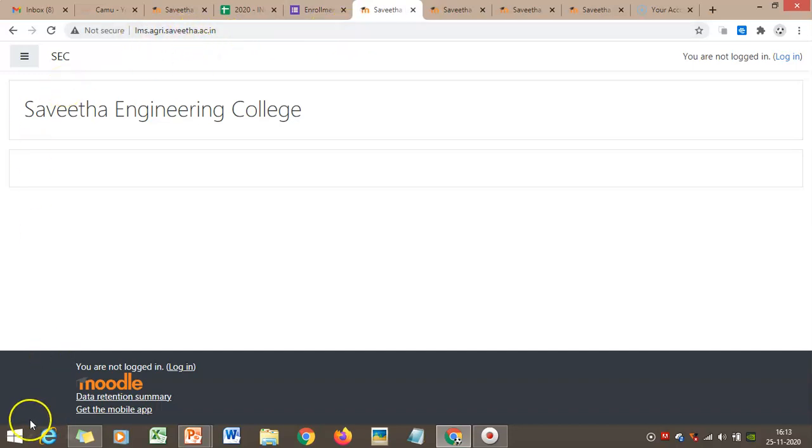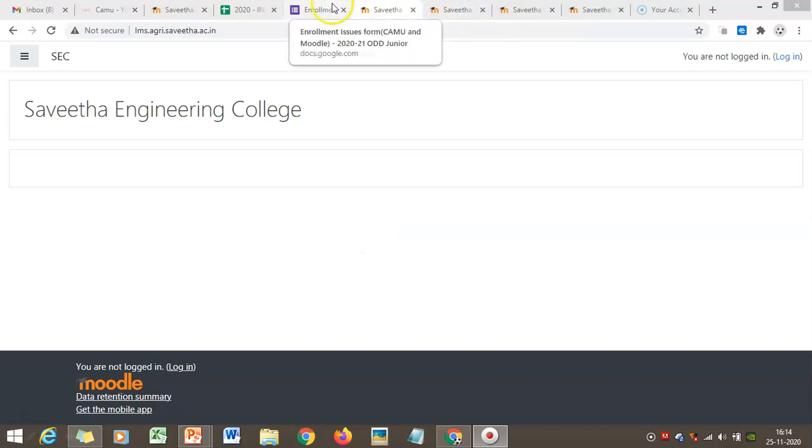The login credentials, that is user ID and password, have been shared with the student to their registered email ID. If any of you did not receive them, or have issues like CAMU password not received or not accepting, or issues in the enrollment process like a course not being selectable, or any tab problem, students are requested to fill their details in the Google form, which will be shared with you shortly.